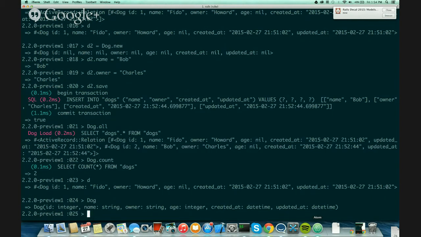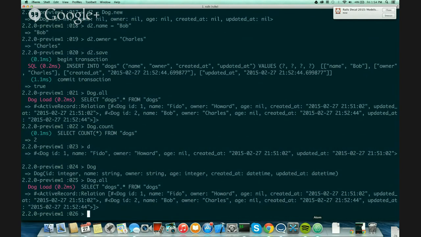All right, moving on. Now, we have this Dog.all. We have 2 dogs in it. And let's say I want to edit some information on this, right? I could say Dog.find(1). Okay, let me break this down for you. First, I'm using the Dog class, and I'm saying .find. What .find does is make a query and grab me a dog. The argument you put in is an integer, or whatever the primary ID is, and for us, it's integers, right? So when I do Dog.find(1), it's going to look for the dog that